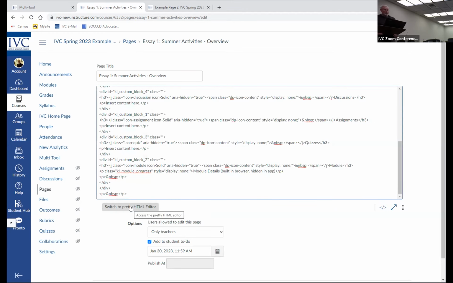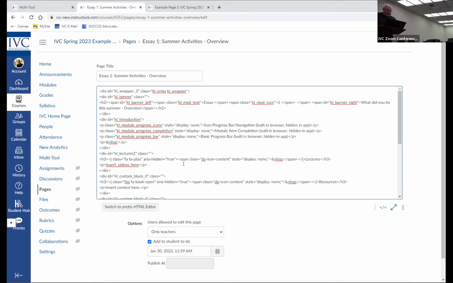So there are parts of DesignPlus that will not transfer very well to other schools. This is the type of thing, because there's background JavaScript and CSS that is involved in some of that. So some of these advanced elements won't transfer as nicely, but the rest of it will. For the module progress bar, I'm not seeing any